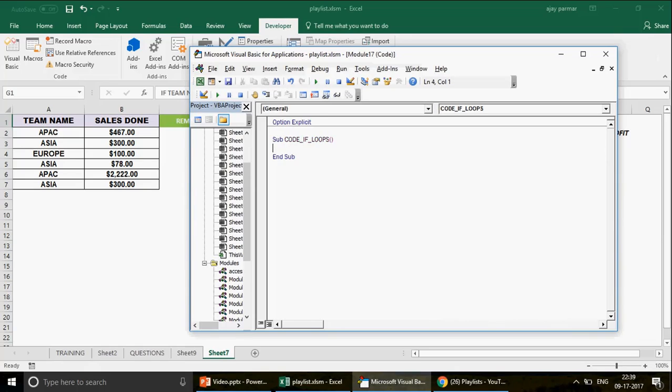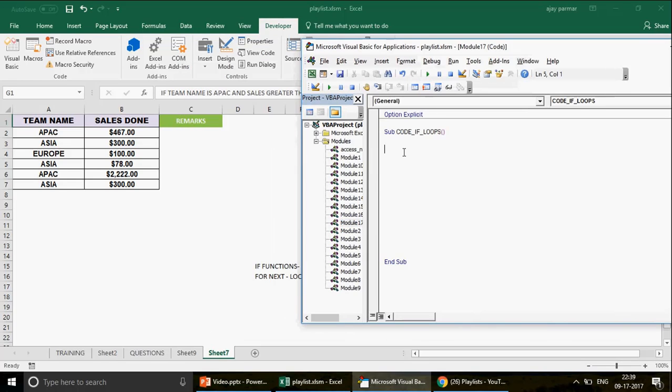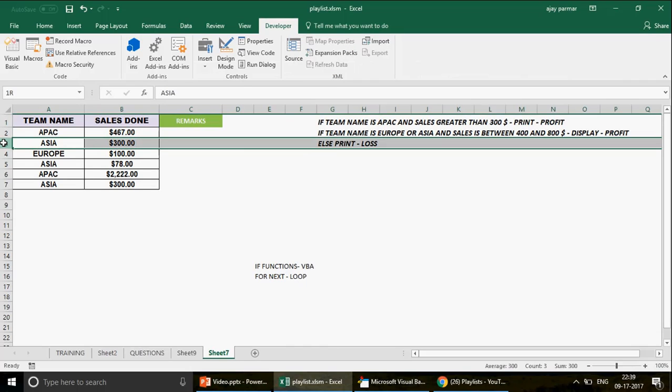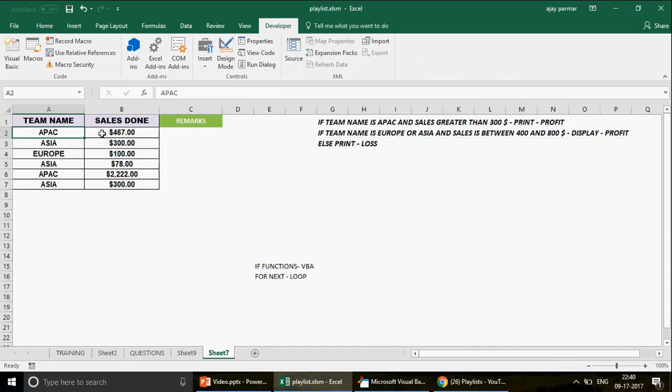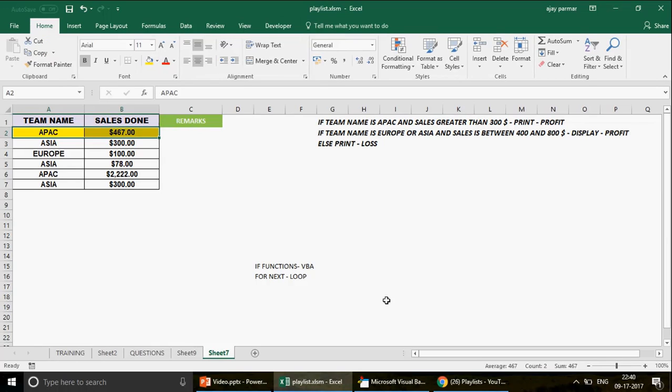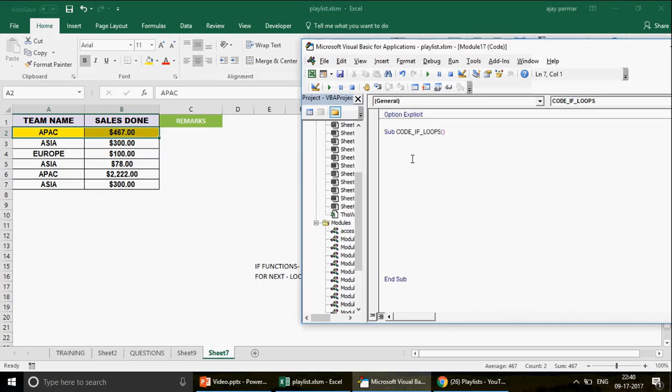Now the first thing I'm going to do, to make the code understandable, is use the if function first, and then we will write the loops. So how are you going to write the if function? Just forget that you have these row numbers. Let's say we don't have these row numbers. I just want to work on only this row, which is row number 2. So you can simply write here, if range